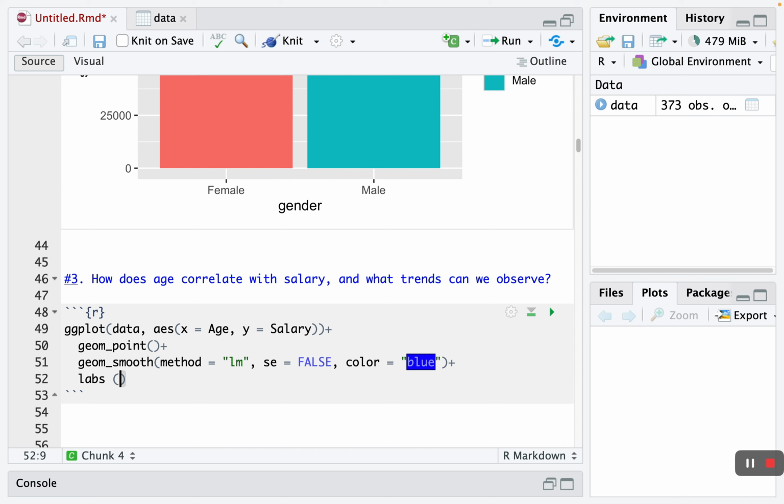Labs is going to be the title, let's say relationship between age and salary, and our X is going to be age, and our Y is going to be salary. All right,